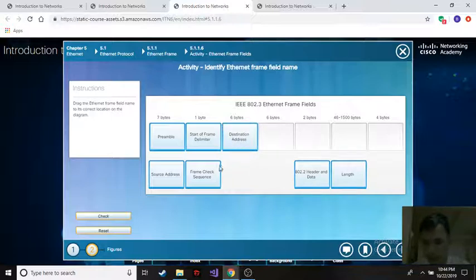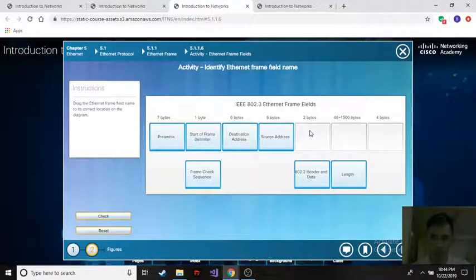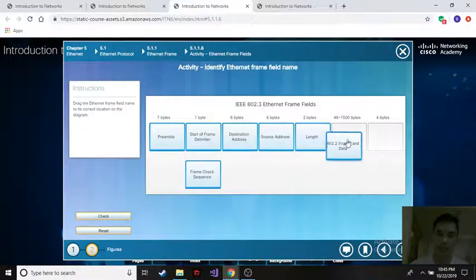Destination address. Next is source address, and source address and destination address are both 6 bytes. Then 2 bytes, 2 bytes, length. I think it's length. Then the next one, the 46 to 1500 bytes, is the header and data